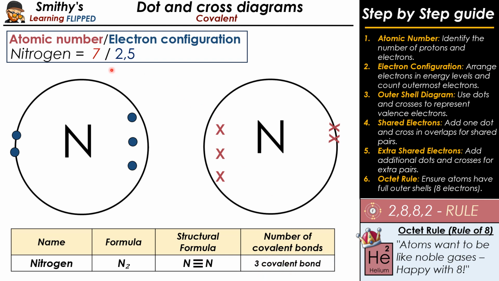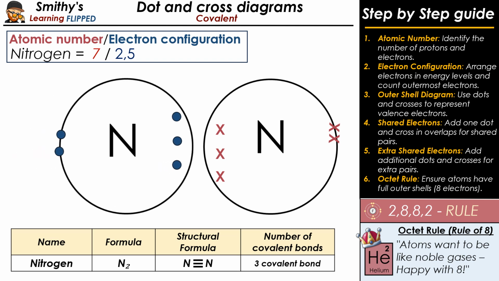Okay, so before we even start, because of the diagram here with the 3 lines, we know there's going to have to be 3 covalent bonds occurring. So that you can see represented here. If I actually click through,